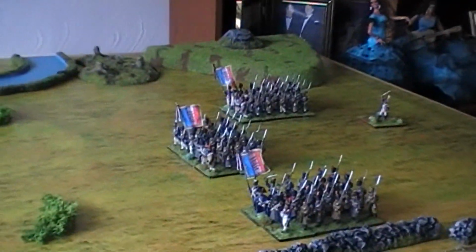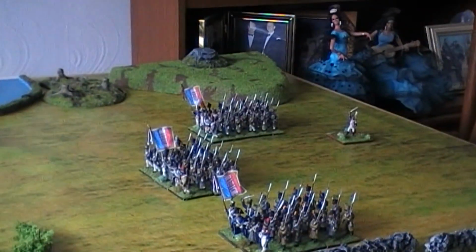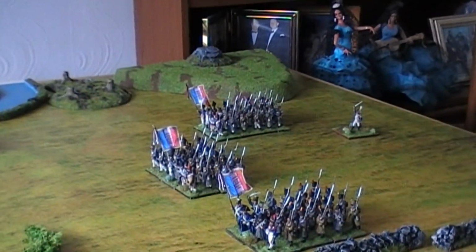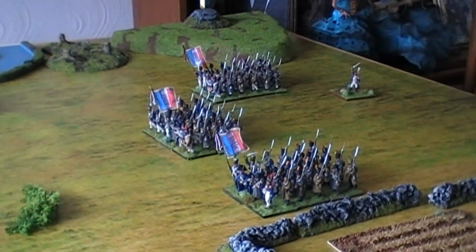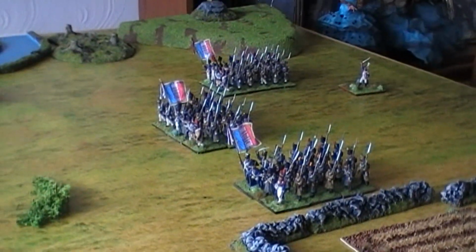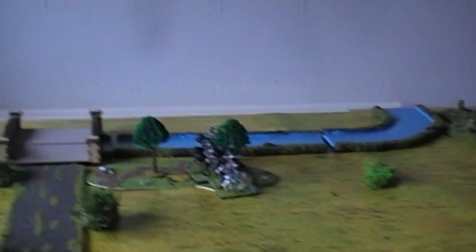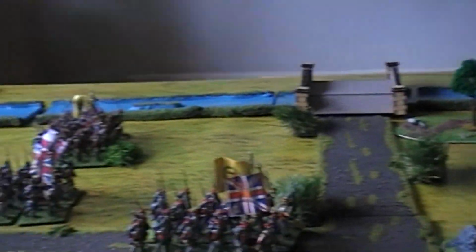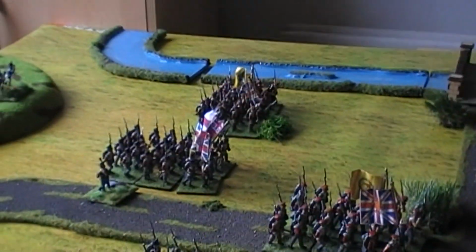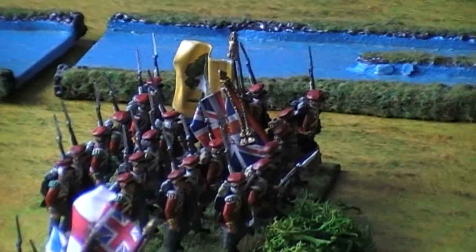We've got 3 line infantry units blundering up over here. The brigade commander has failed to move for a couple of turns, so he's starting to get out of command range of at least one of the units of infantry, the light infantry there. They've still got their chasseurs de cheval lurking in the light forest there, which could be a threat to these 2 infantry units here. However, the Hanoverians did decide to go into line formation,